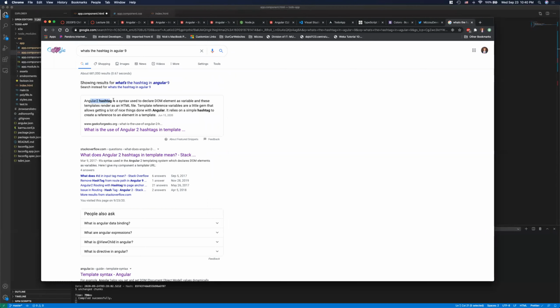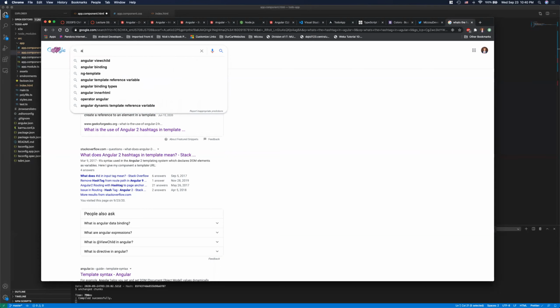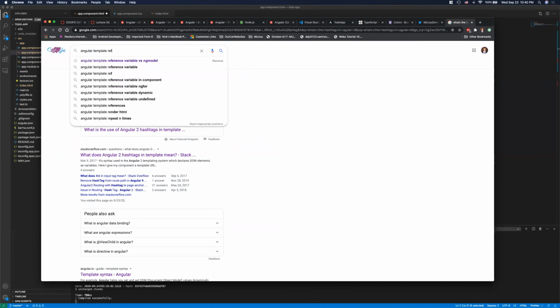You'll see in Angular 2, hashtag is a syntax used to declare a DOM element as a variable. And these templates render as an HTML file. You'll see template reference variables are a little gem that allows getting a lot of nicer things done with Angular. It relies on a simple hashtag to create a reference to an element in a template. So you'll see it's called template reference variable. So if I just search Angular, template reference variable,